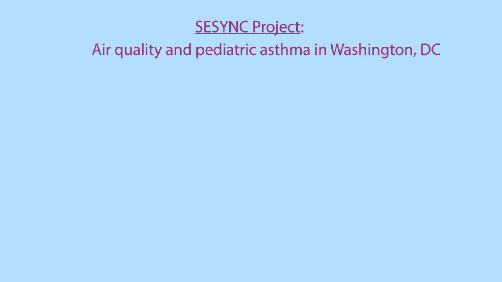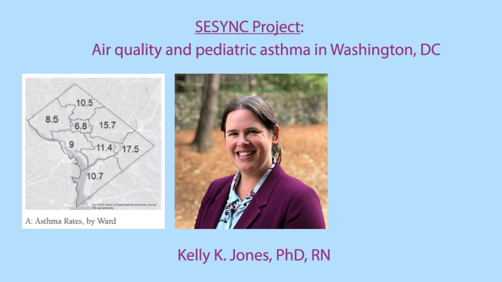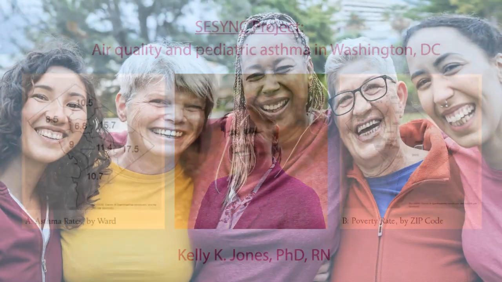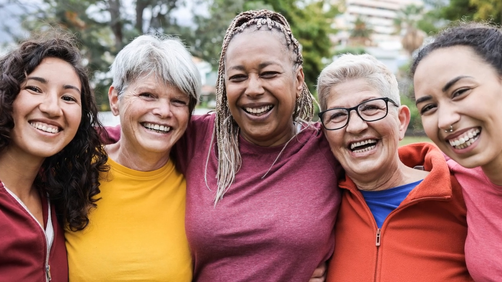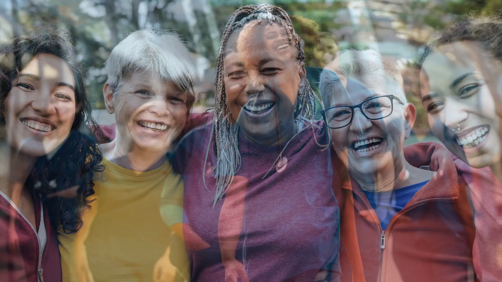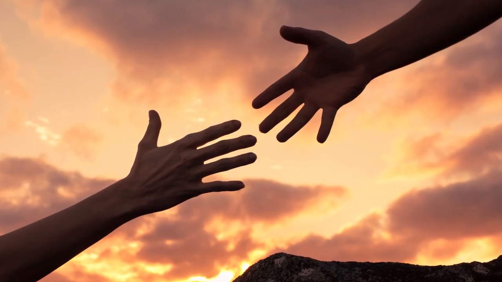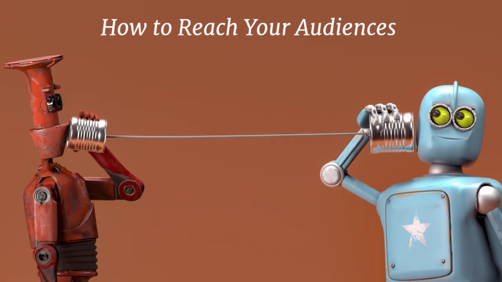Another example that I wanted to point out from a researcher's perspective is there was a brilliant researcher at Succinct, Kelly Jones, and her research was focused on air quality monitoring, specifically in schools. And so some of her key audiences were actually mothers groups and school nurses associations. So they are very specific. And what's great about identifying specific audiences is those are the people that are going to help you change the world.